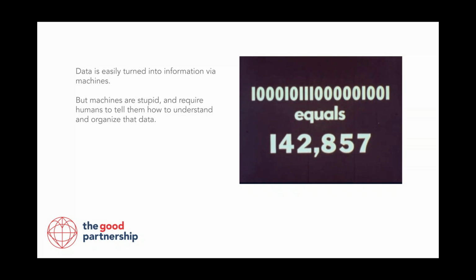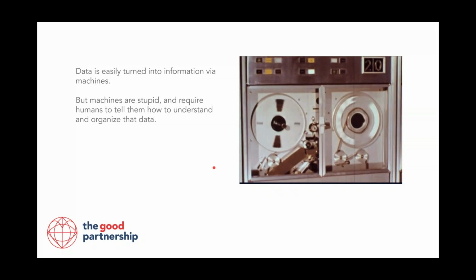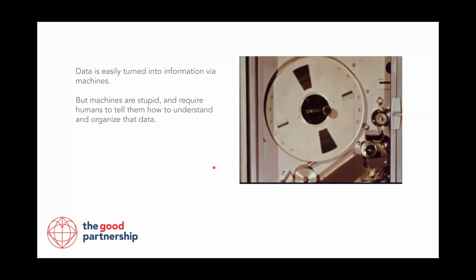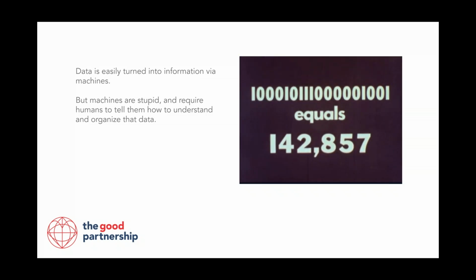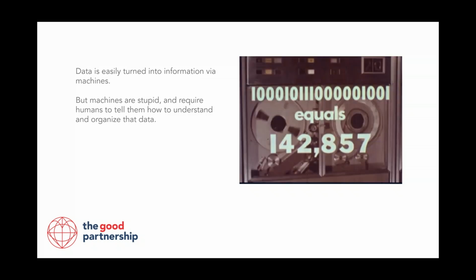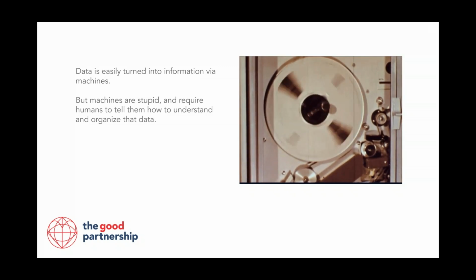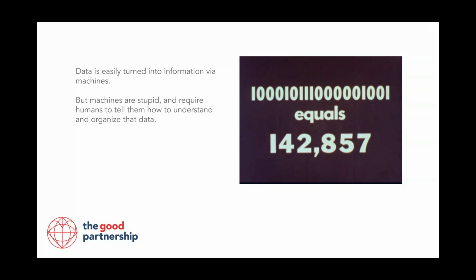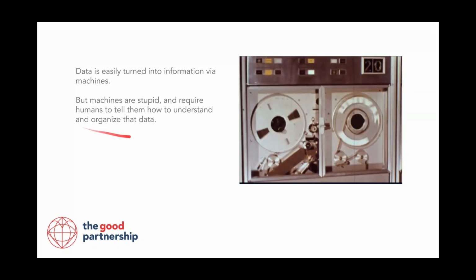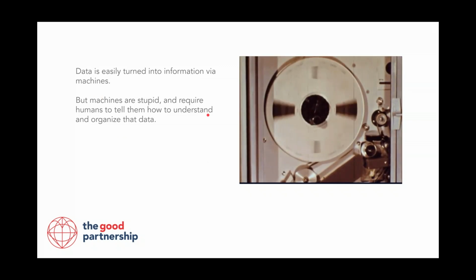So what you see here in this little GIF is the example of probably a computer that was the size of your bedroom, turning this binary code into a number that a human would understand. We don't necessarily understand the binary code, but we definitely understand the number that it produces. So again, a lot of your effort towards digital transformation is thinking through how you tell the machine how to understand and organize your data. So that machine,